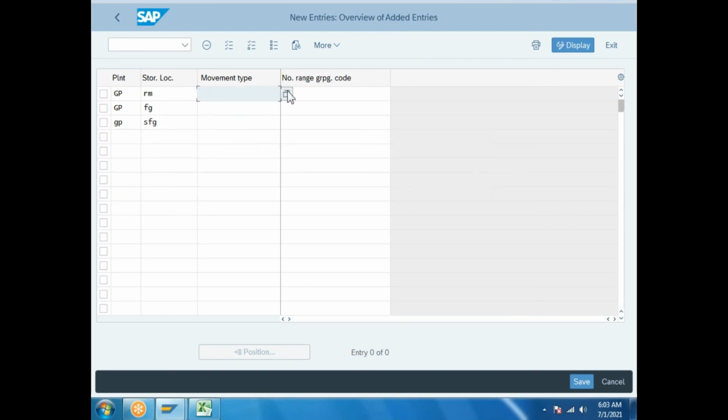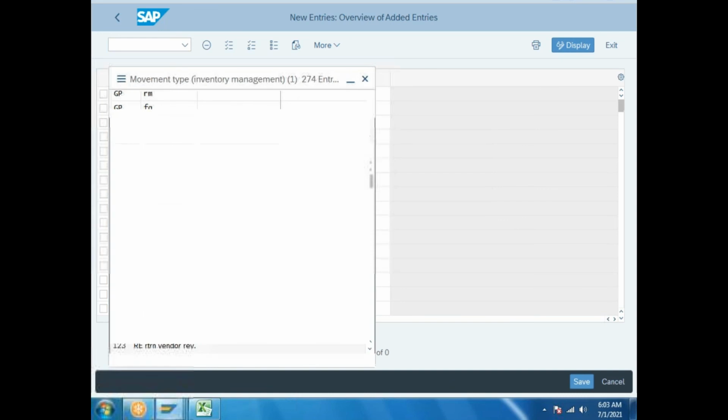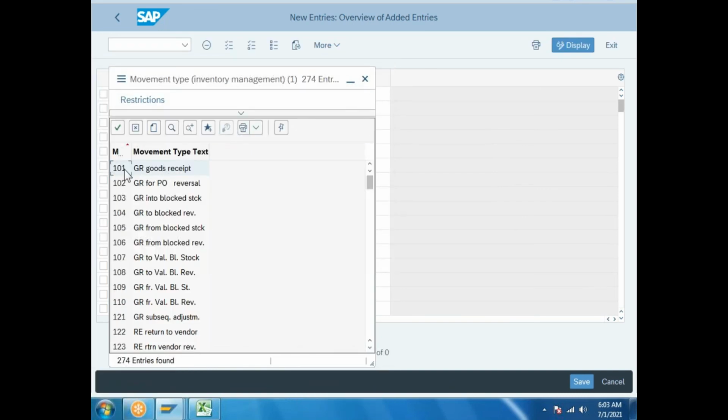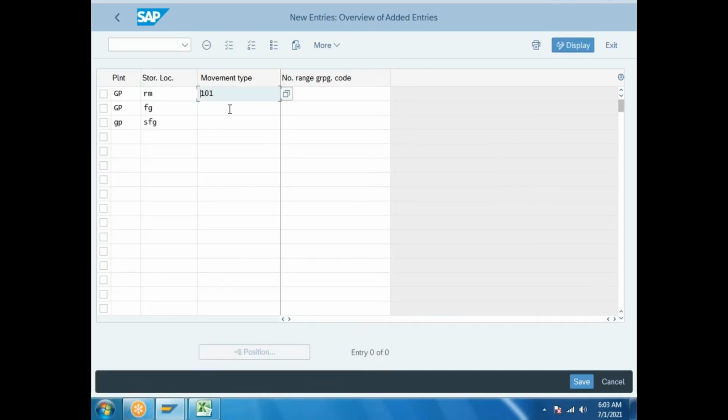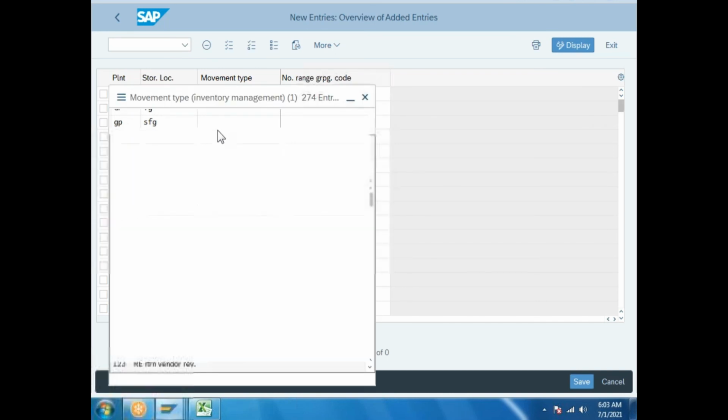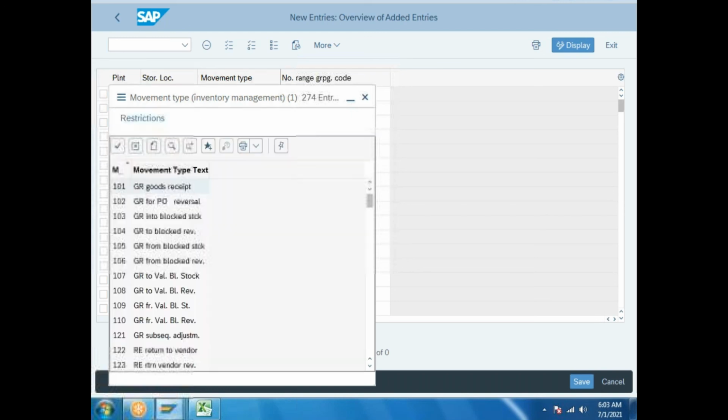Movement type, 101, 101. For goods receipt, you need to give 101 here. What are movement types? SAP provides for inventory management and warehouse management some movement types. One activity, one plant to another plant, different movement types. Goods receipt, we are done for now. GR, GI.